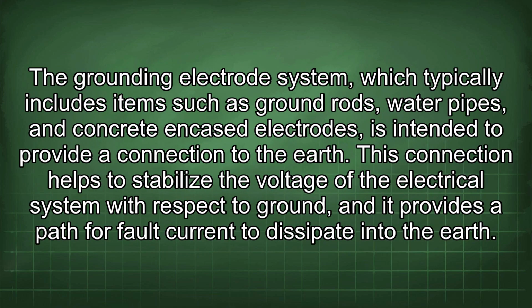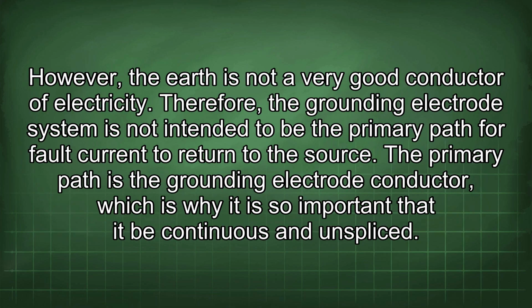The grounding electrode system, which typically includes items such as ground rods, water pipes, and concrete encased electrodes, is intended to provide a connection to the earth. This connection helps to stabilize the voltage of the electrical system with respect to ground, and it provides a path for fault current to dissipate into the earth. However, the earth is not a very good conductor of electricity. Therefore, the grounding electrode system is not intended to be the primary path for fault current to return to the source. The primary path is the grounding electrode conductor, which is why it is so important that it be continuous